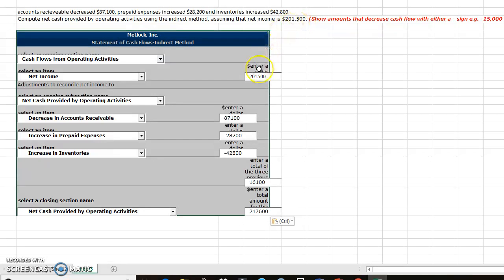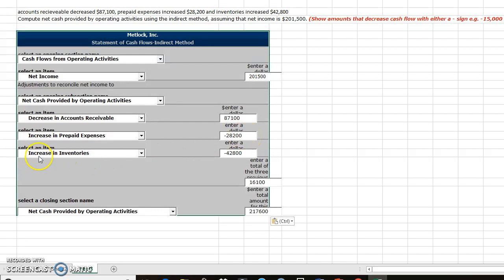201,500 goes into the net income. You just pull it down and then you add in the net cash provided in the down slot, and then you add in the decrease in accounts receivable for 87,100, and then you add in increased prepaid expenses, and that's actually a negative, so you subtract it from the